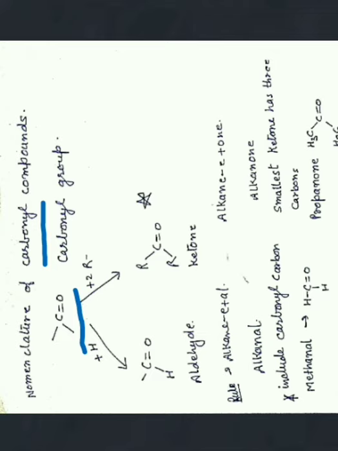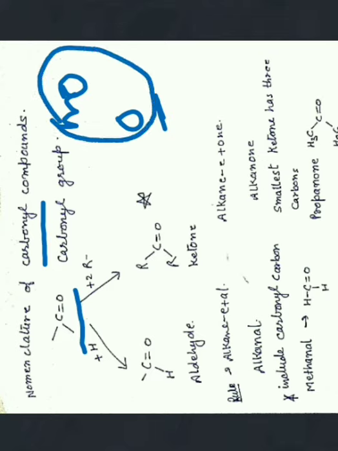Now here you have to keep in mind that if you see oxygen along with CO, then it will not remain carbonyl. It means you should make sure there is no oxygen. Now, along with one C double bond O, there should be no other oxygen. So that is one rule to be remembered. Only one oxygen has to be there.